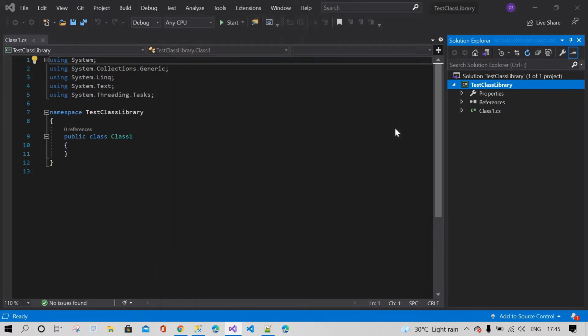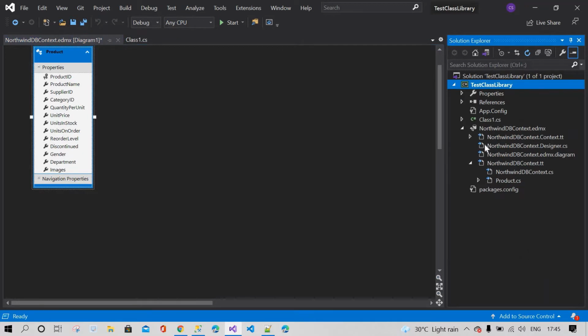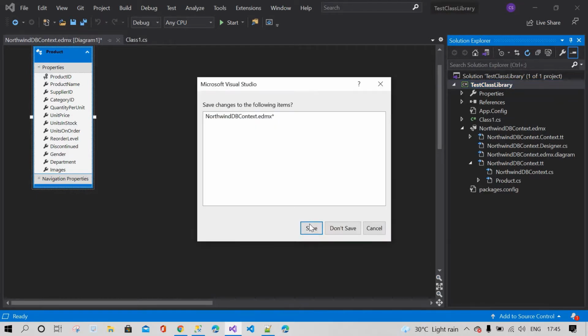It will take a moment. Now you can see Entity Framework is already installed for you, and a Northwind DB context EDMX file has been created. This is the EDMX file. Now our operation will start.